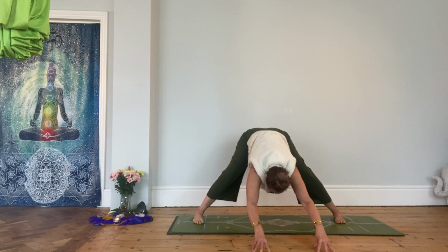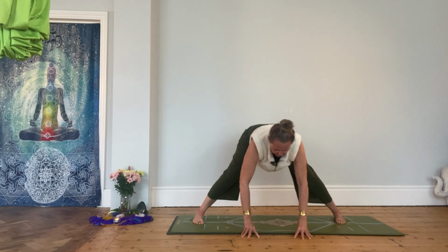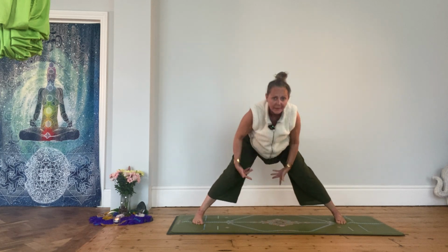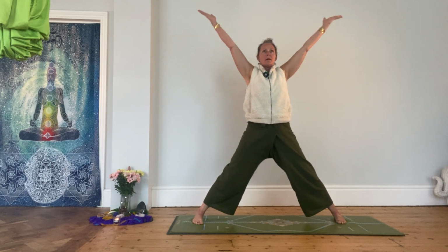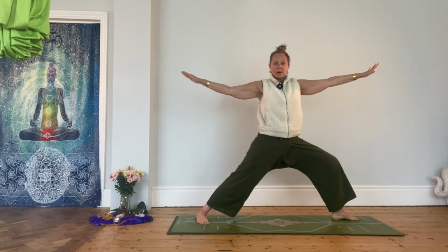The hands then walk under the shoulders. The weight evens itself over the feet as the heart lengthens and the spine rises all the way up. Inhale, hands touch. Swivel the feet to the right, warrior 2 pose,